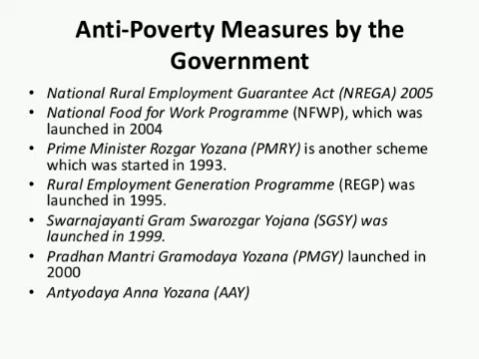Now another important topic is anti-poverty measures. So now we have understood कि poverty India में widespread क्यों है, what are the main reasons. Now we are going to understand what the government has done to eradicate poverty. So removal of poverty has been one of the major objectives of Indian developmental strategy. The current anti-poverty strategy of government is based on two planks, that is the promotion of economic growth and targeted